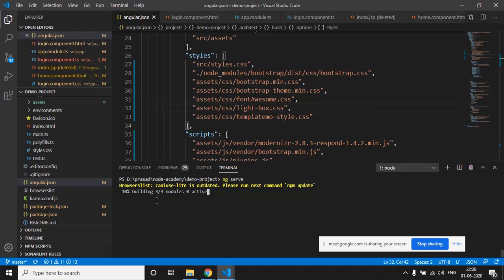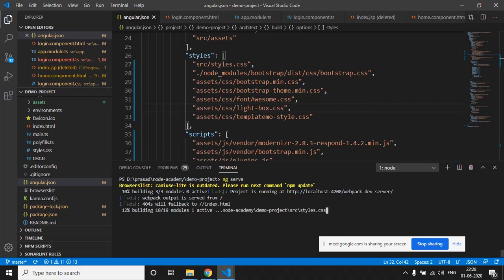So I have downloaded this template, right? But you can download any template you like, which is freely available, and you can integrate it into your Angular application.